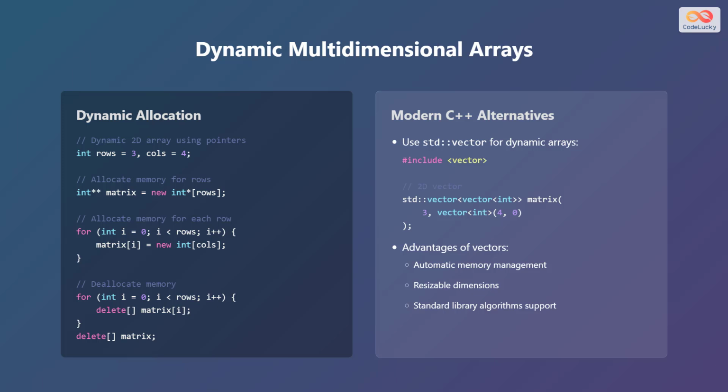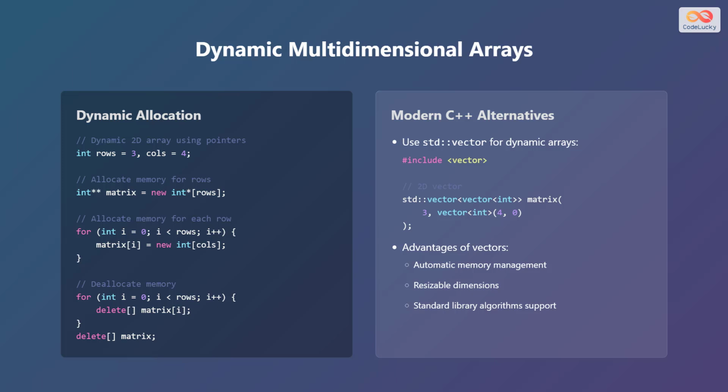for (int i = 0; i < rows; i++) { matrix[i] = new int[cols]; } To deallocate the memory, you need to use delete to free the allocated memory. for (int i = 0; i < rows; i++) { delete[] matrix[i]; } delete[] matrix;